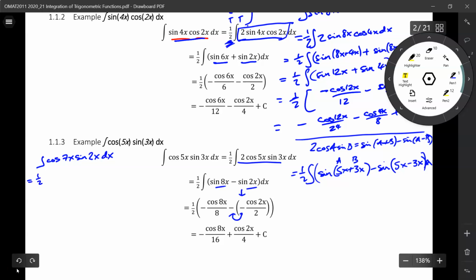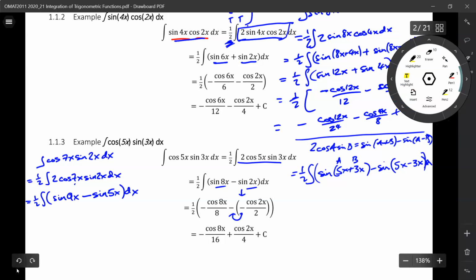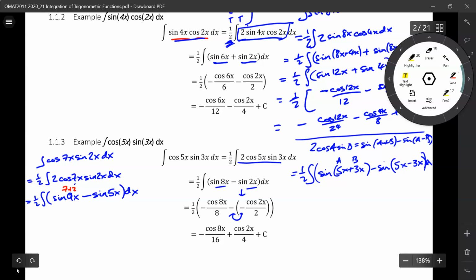So it's equal to a half times the integral of 2 cosine 7x sine 2x dx. And that is equal to half times the integral of sine, and it's a plus b, so it's 7 plus 2 giving me 9x, minus the sine, and it's a minus b, so it's 7x minus 2x giving me 5x dx. So it's 7 plus 2 here, 7 plus 2 here, and a 7 minus 2 here. So that gives me a half times